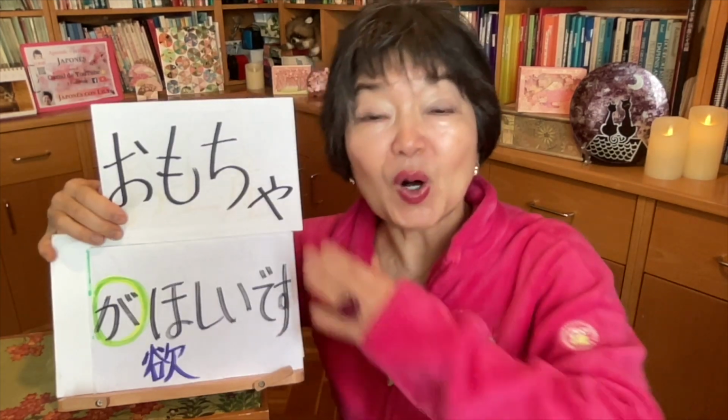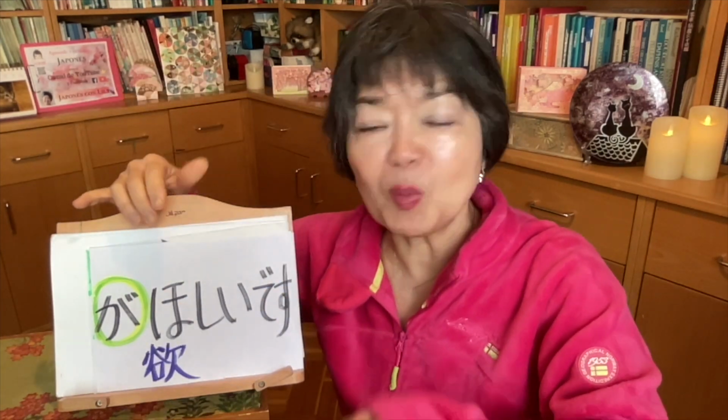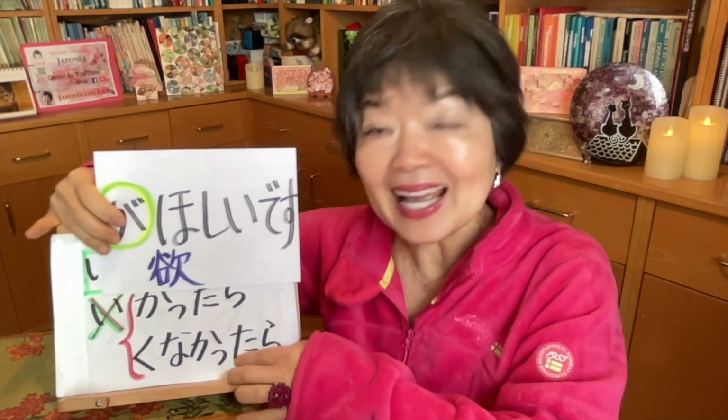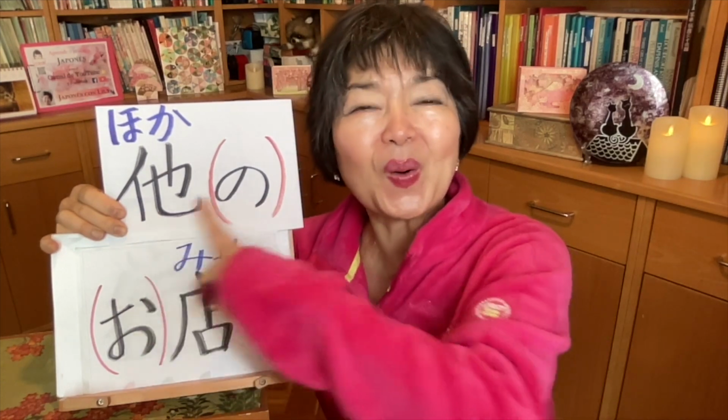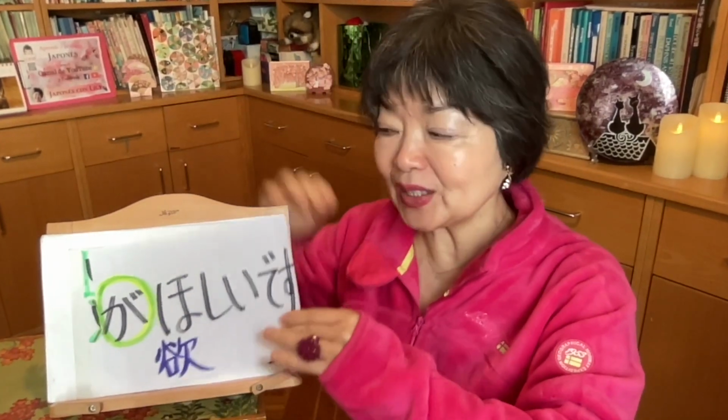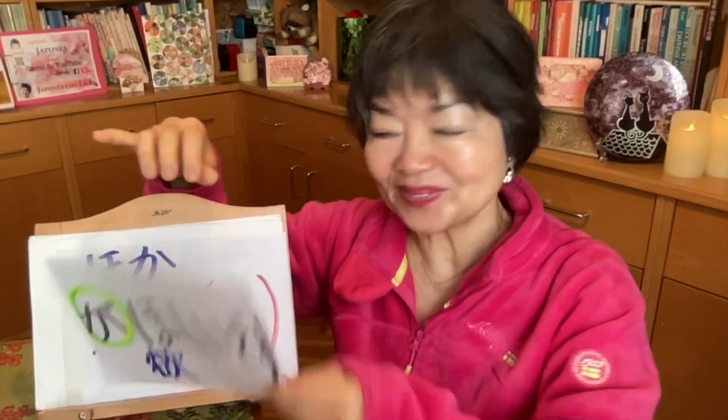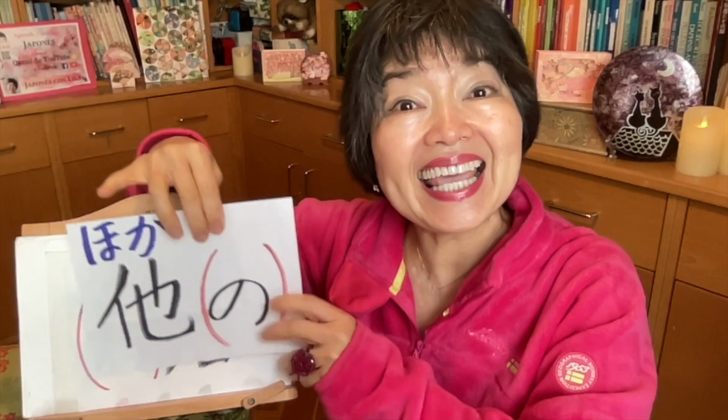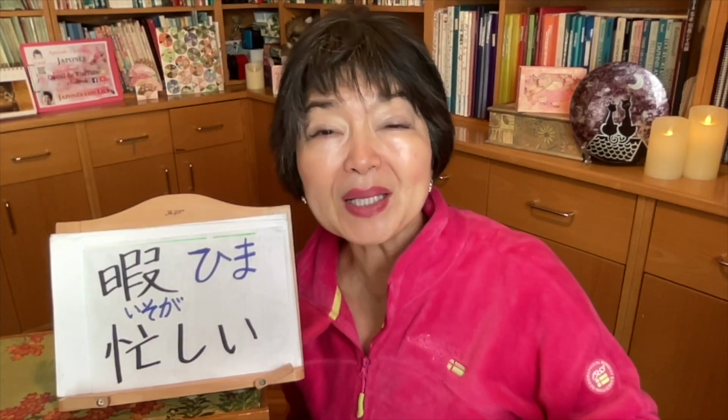If you don't want this toy, let's go to the other shop. You want this toy. おもちゃが欲しいです。You don't want this toy. おもちゃが欲しくないです。And if you don't want this toy, おもちゃが欲しくなかったら、if you don't want this toy, other shop or any other shops 他の店 or 他のお店このおもちゃが欲しくなかったら他の店へ行きましょう。